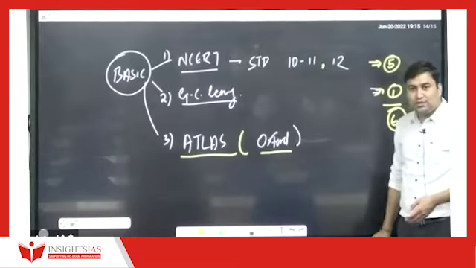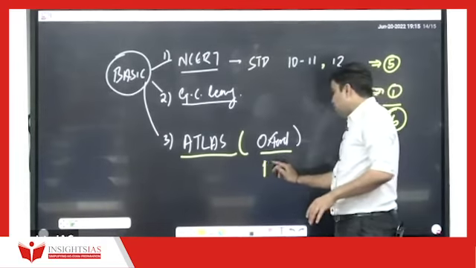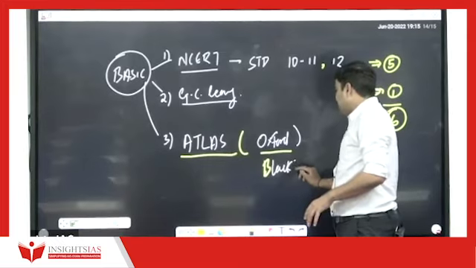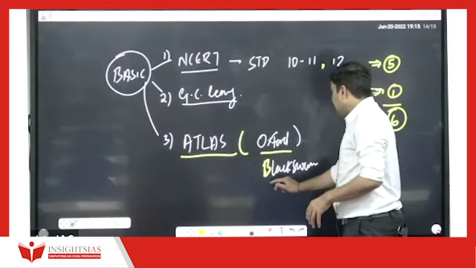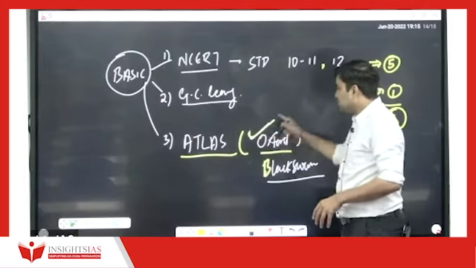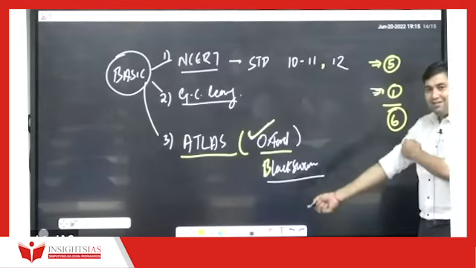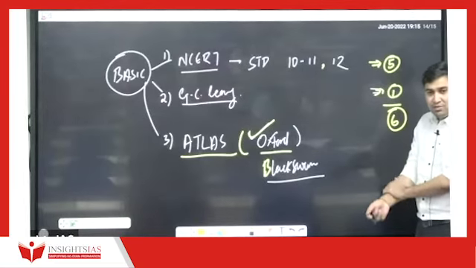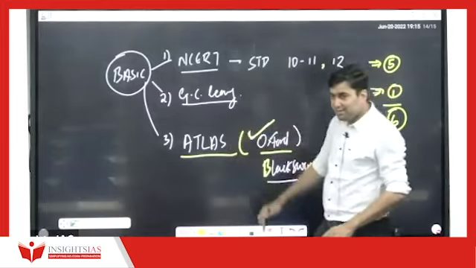Oxford Student School Atlas, and the second will be Orient Black Swan. But purchase this Oxford Student School Atlas. Is it clear? These are the three basics, plus